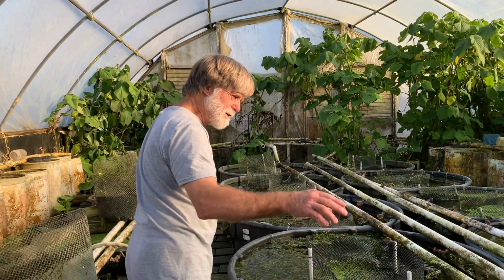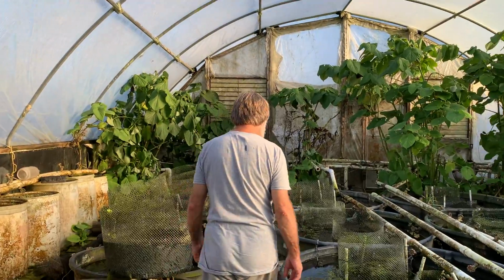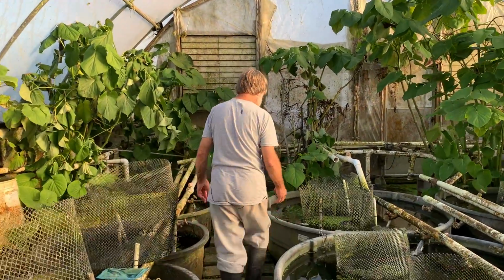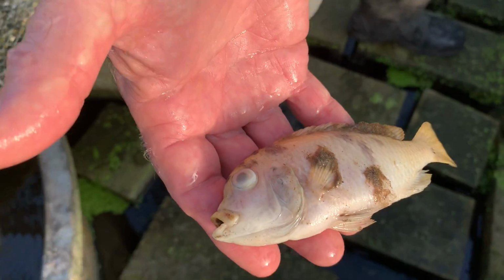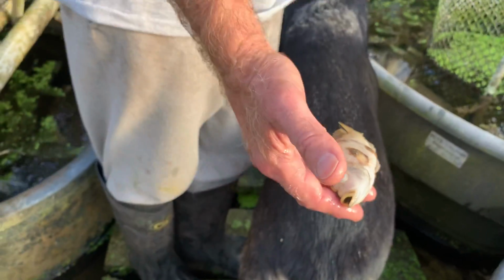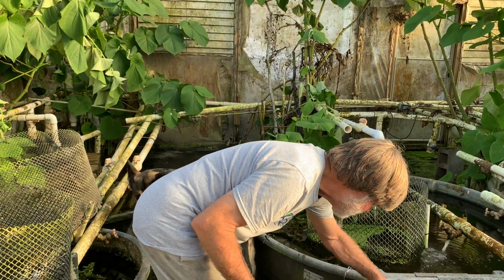While we still have a few dead fish floating up in the vats, the bulk of the dead fish, here's another one. Nice female gold OB dolphin. See, even a female has a little bit of a hump. I'm not happy about that. Here's another dead